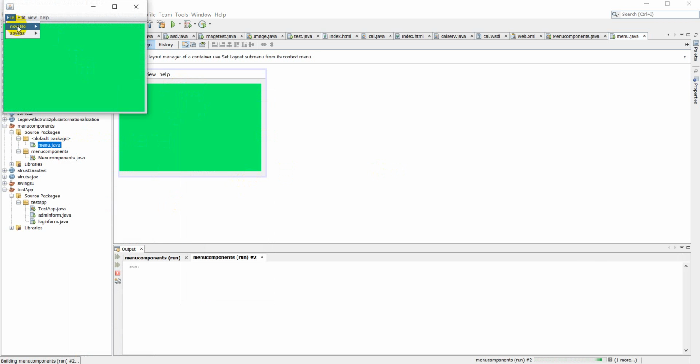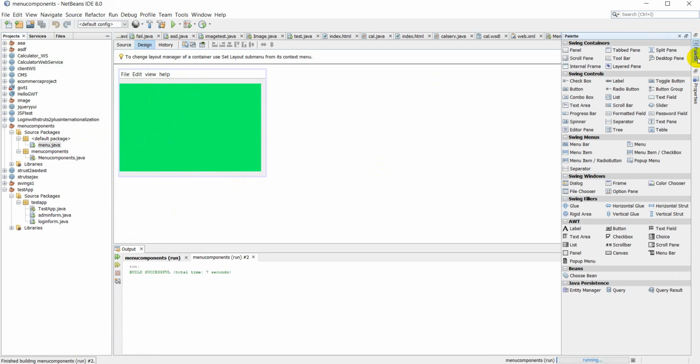So you can see here the various options. You can add submenus inside it as well. Go to your panel, go to the menu, Help. Inside this again I'm adding it to AAA. Again go to the menu, you can add some more components. Save your program